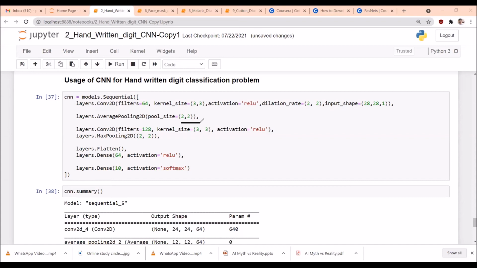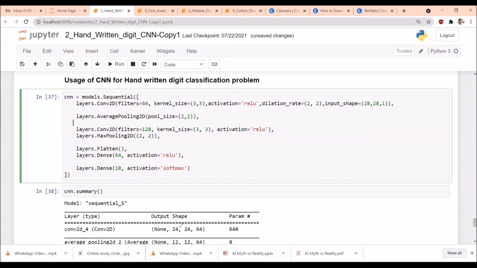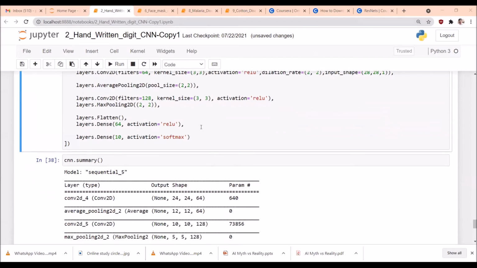I have not mentioned the data format, so it will consider the default data format, which takes the channels at the end. And I have not mentioned the strides. When I do not mention the strides, it will take a stride size of 2 by 2. When we execute this, you can observe that we still get the same result, 12 by 12.